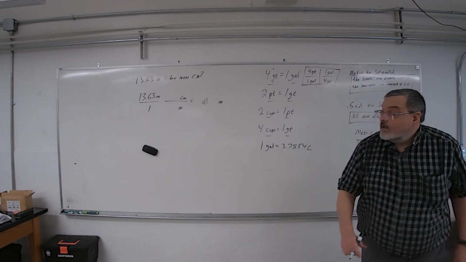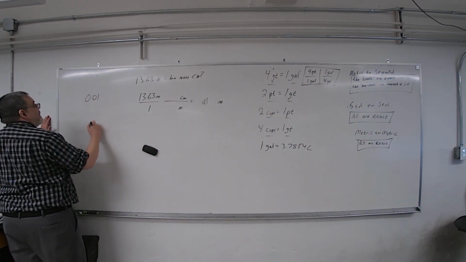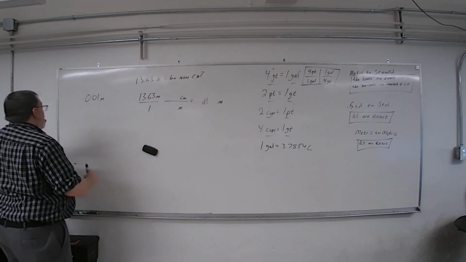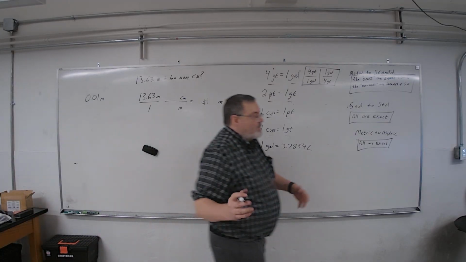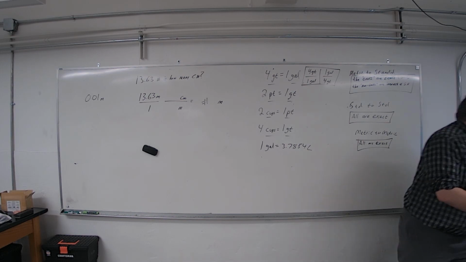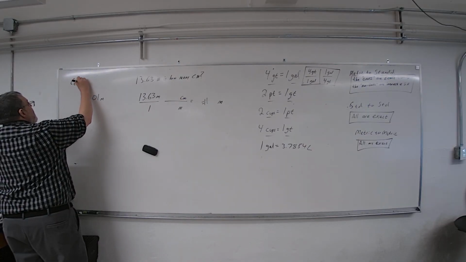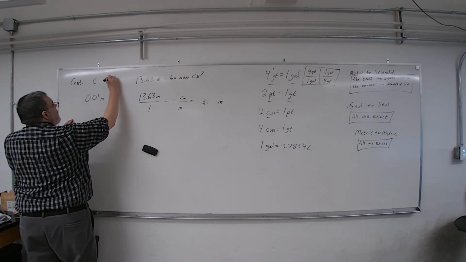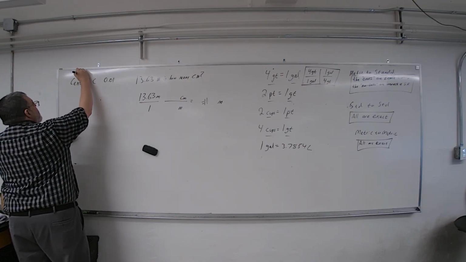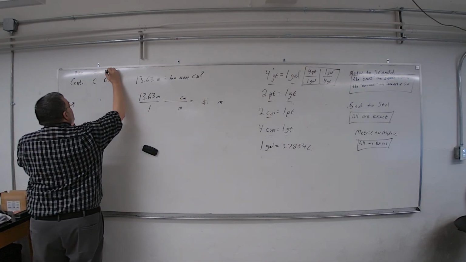That 0.01 that you see means that many meters. I wish I could get the camera to point over here. It says centi, and then it says C. Abbreviation, and